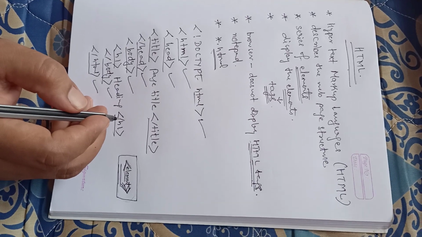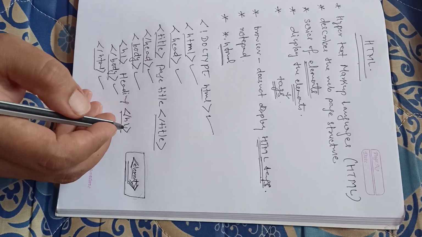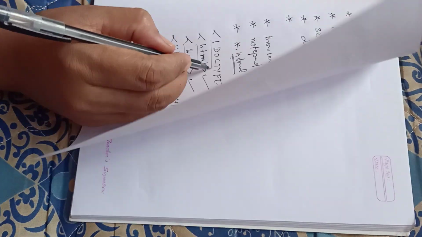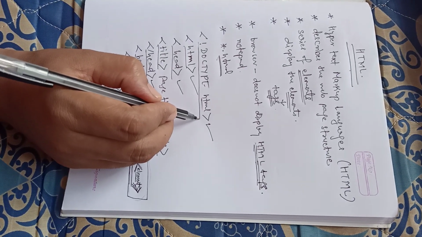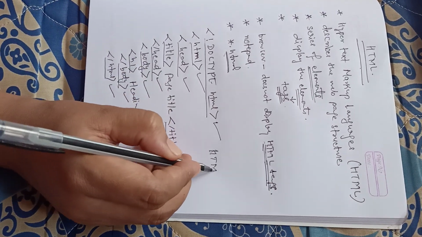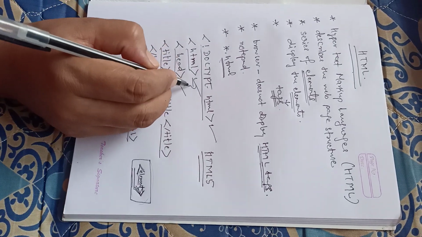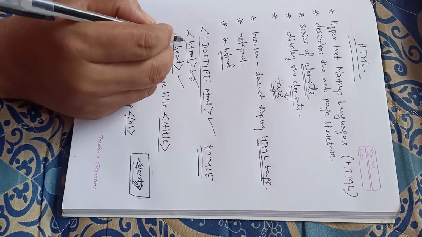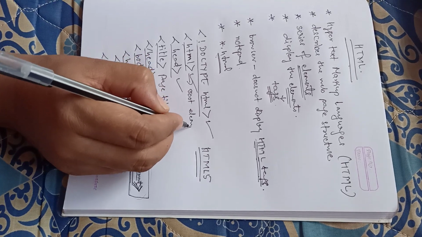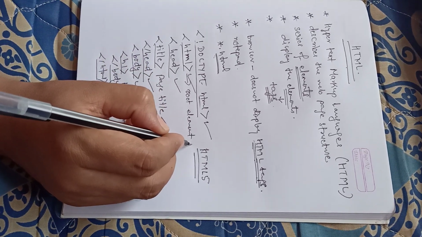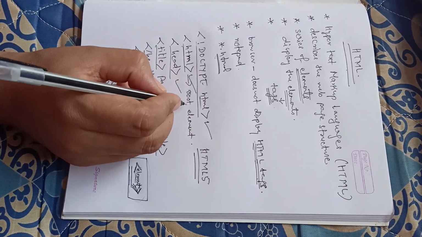Okay, so now let me just explain to you. This declaration, why do we write it? This declaration defines this document to be an HTML5 document. That is why it's been written. This one is an element, the root element. We tell this as the root element of an HTML page. So this one is my HTML page, and this one is its root element.